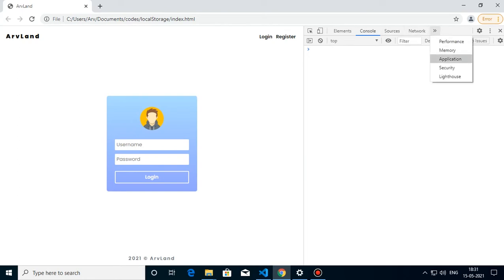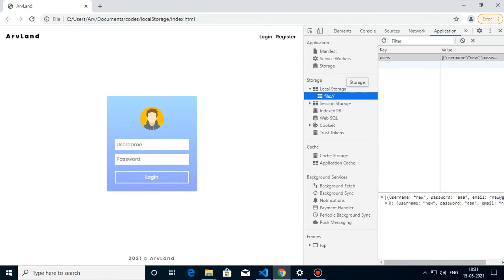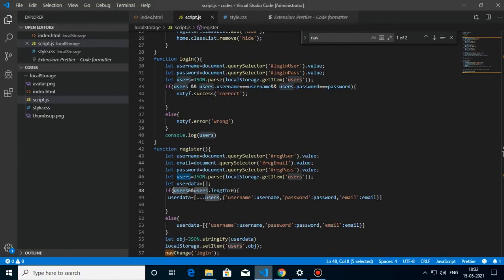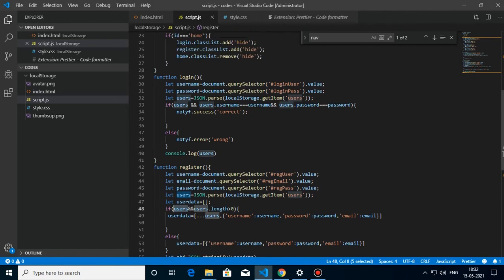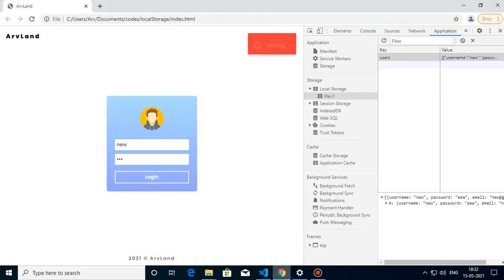We can check in the application tab, see, now it's an array. Now if you try to log in, it will give an error because our validation is not right. If you console log it, I think I have already done it, see, we got an array, but we are validating for an object.